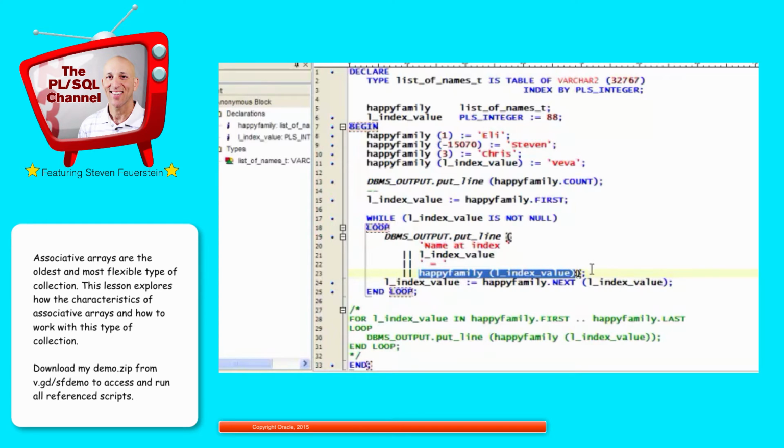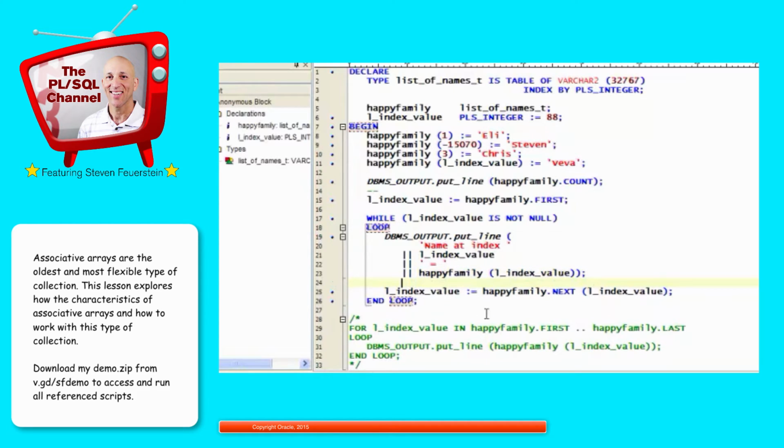And then after I display the value, I call happyfamily.next. I say, go to the next defined index value. I pass it the current one. And it says, well, what's the next highest defined index value from that point? When I get past the end of the collection, when I'm at the end of the collection and ask for next, it returns null. And then my loop will stop. And in fact, when I run this code,